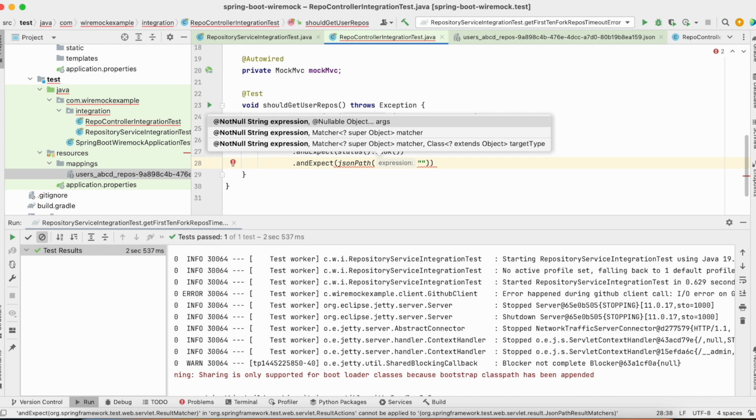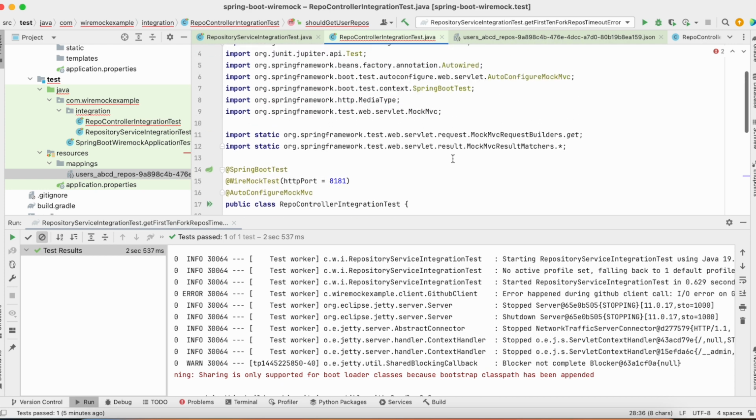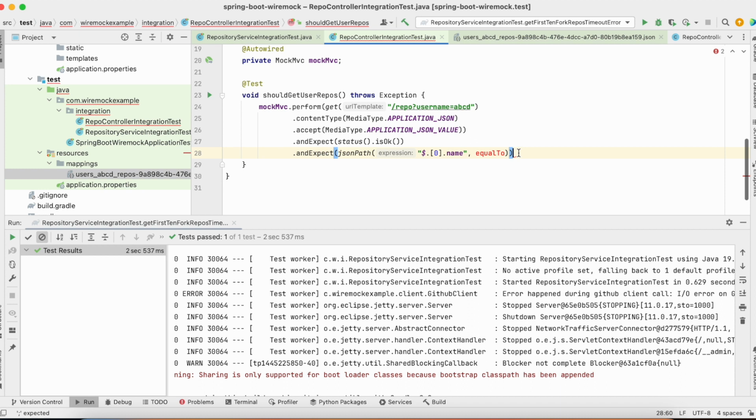You can think of it as an ugly solution, but I really like it because it's a really simple way to check your body from the response from the controller, MockMvc, so I can test that the first value of my list with the name field will be equal to... I guess I imported JSON path from the wrong one. No, not yet. Equal to